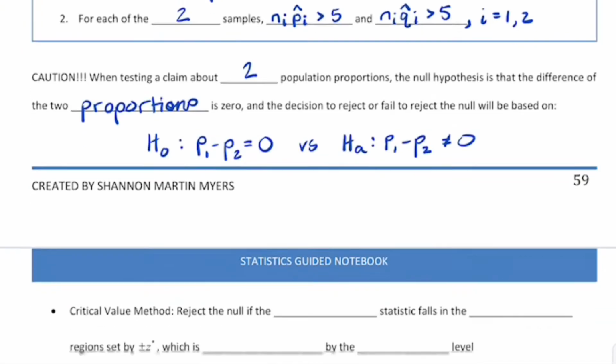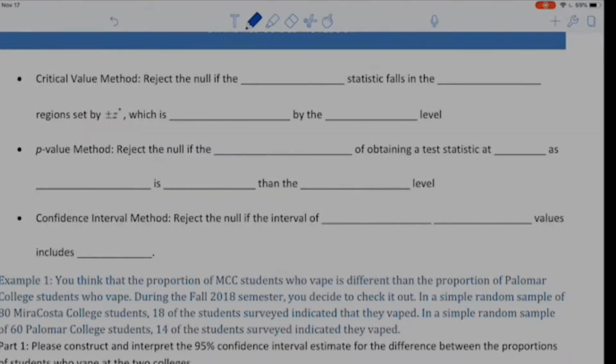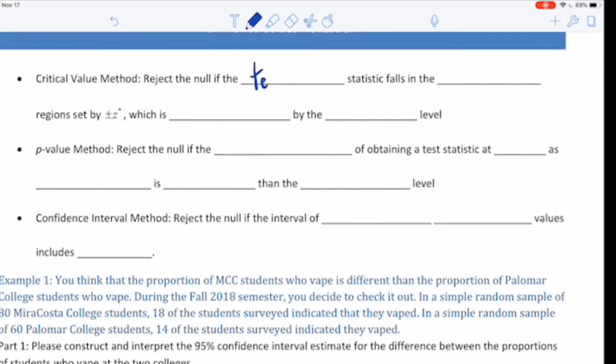So you're always going to have a two-tailed test. So you reject the null if your test statistic falls in the critical region, I've been calling it the rejection region, set by plus or minus z star. It's plus or minus because it's a two-tailed test, which is determined by